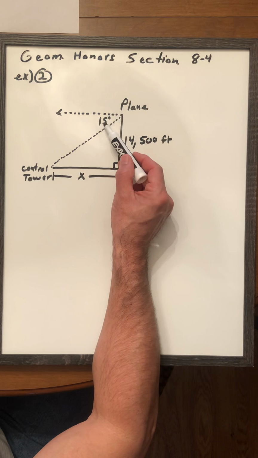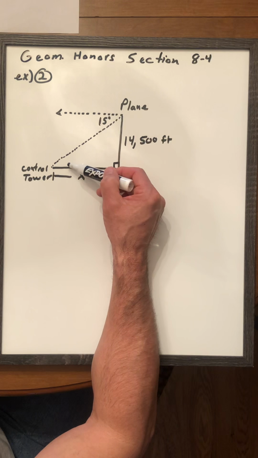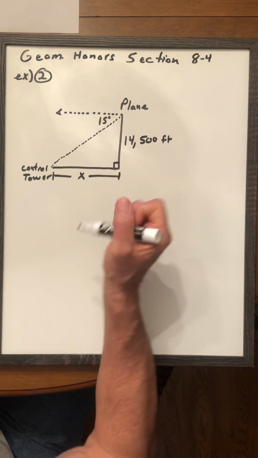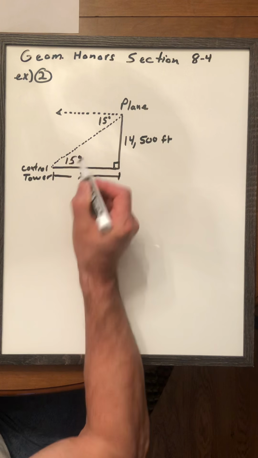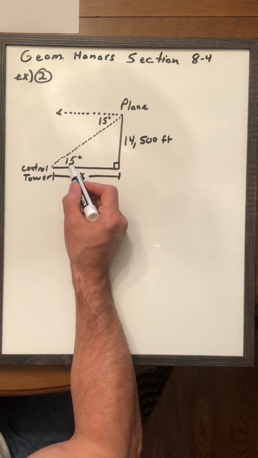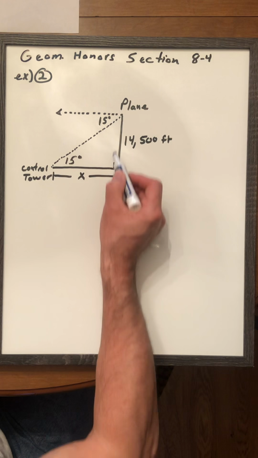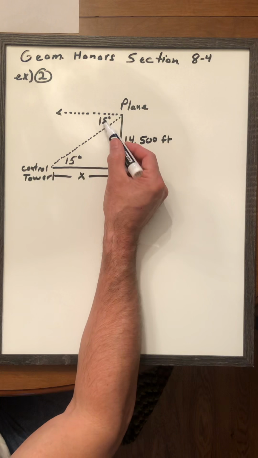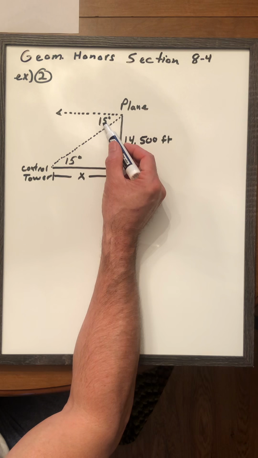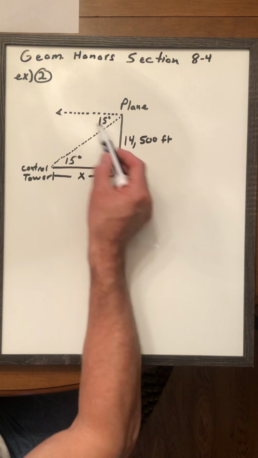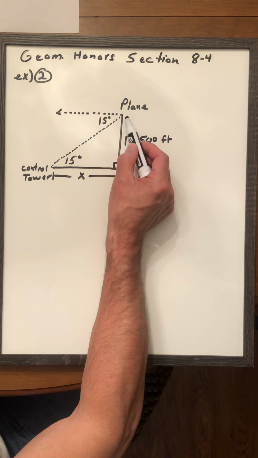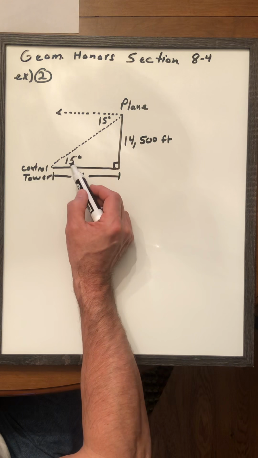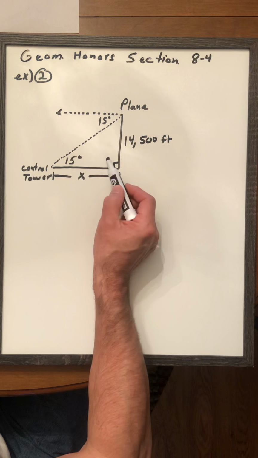Now, always remember that your angle of depression is also going to be equal to your angle of elevation. So if the angle of depression is 15 degrees, then this angle down here would also be 15 degrees. And now I can use that because that's inside of my right triangle. Your angle of depression is not on the inside of the right triangle. It's on the outside here. So it takes the horizontal and the line of sight down. That is the angle of depression. It's on the outside of this right triangle, where the angle of elevation is on the inside,